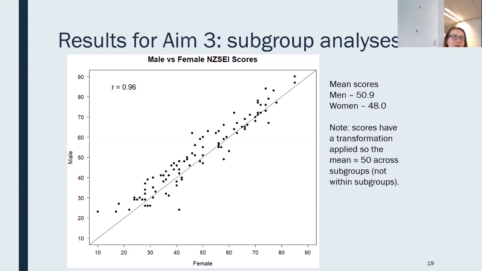For these analyses, we used the betas calculated for the overall scale and ran the population means for all the relevant subgroups through the path model to get scores for each occupation for each subgroup. It is important to note that the results are relative to other subgroups and assume similar socioeconomic relationships across the population subgroups. So here we can see that men tend to be assigned a higher score than women for the same occupational group. Further analyses suggest this is due to men receiving higher incomes for the same occupational group rather than due to differences in age or education.